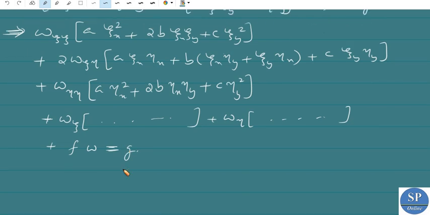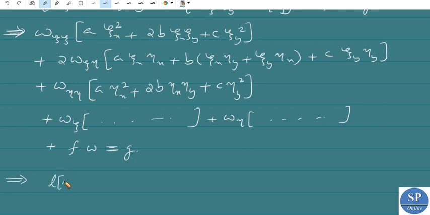So actually there is no need to compute the coefficients of w_ζ and w_η, because we are just determining the type of this partial differential equation. For that we only need the coefficients of the second order partial derivatives. Okay, so we can write this as